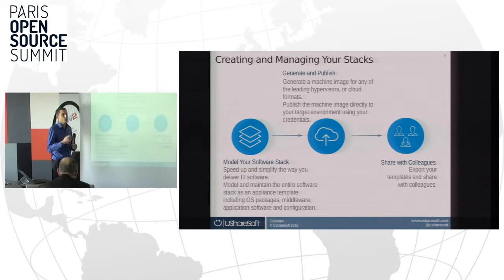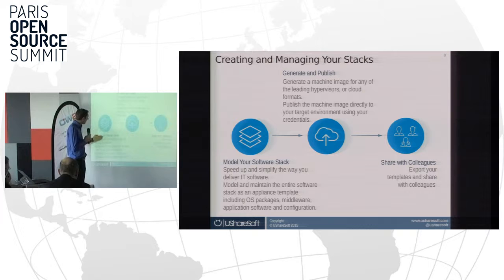For example, if you want to deploy WordPress into an appliance, you will describe your WordPress packages in this file. And configuration is like the configuration scripts needed when you first boot the machine. You need to configure the network, or create a default database on your system, for example.